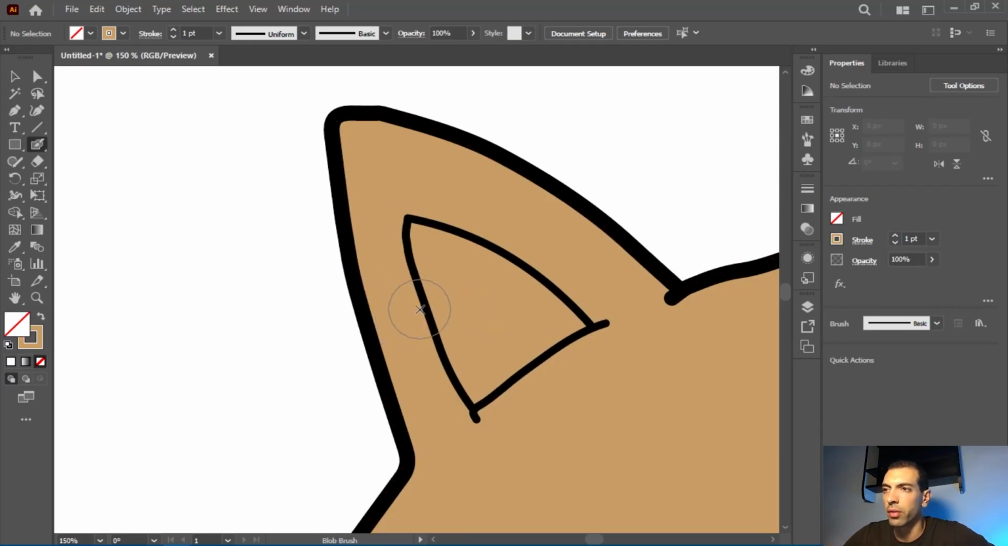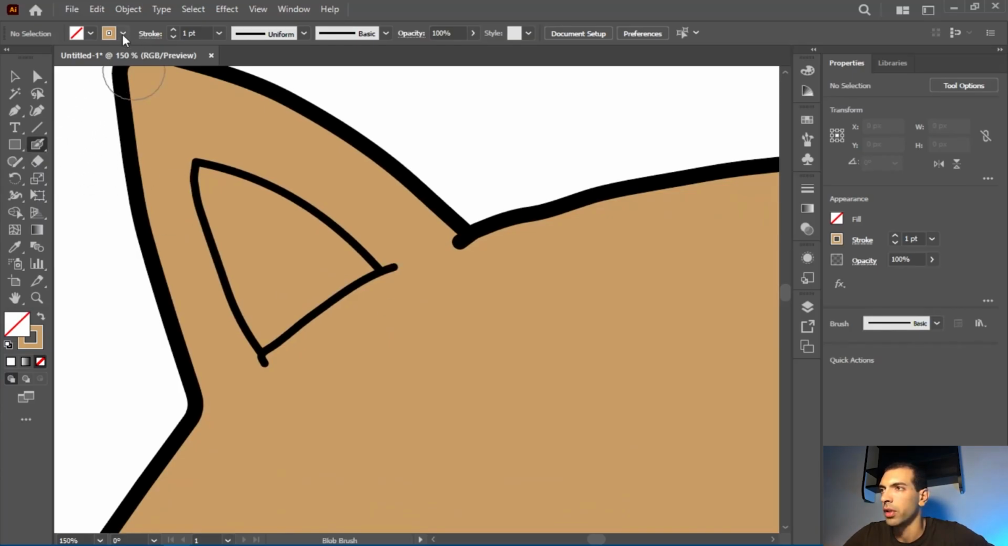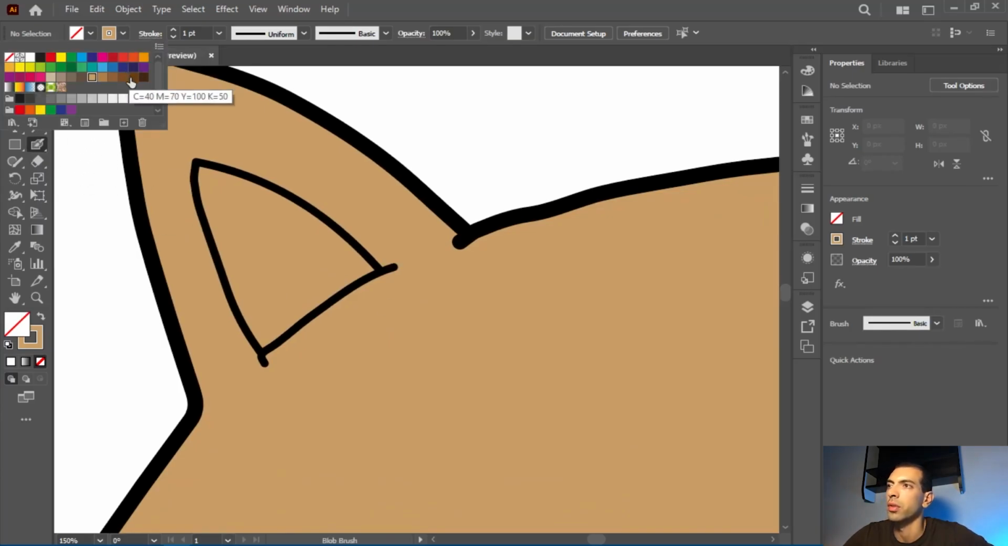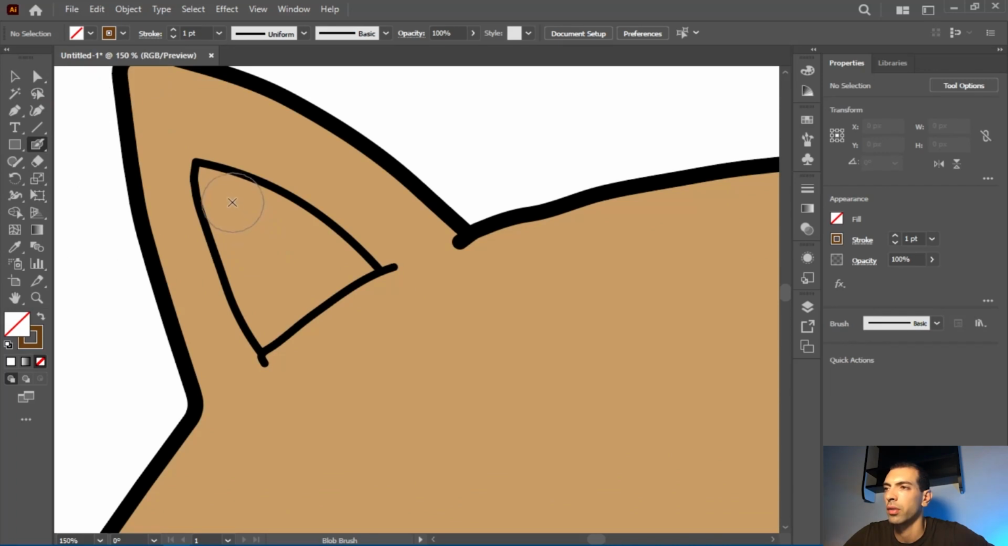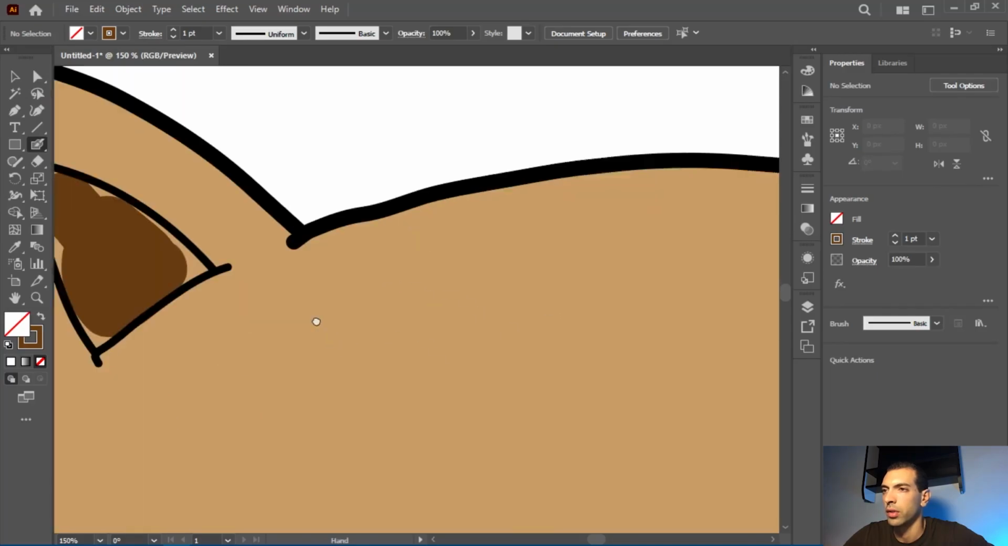Of course, if I ever mess up and draw beyond the line like this, for example, I can always choose the eraser tool and delete it like this. It's very simple, and then go back to the blob brush tool and continue. I'm going to change the color now. I'm going to choose this shade of brown, and I'm going to color this area